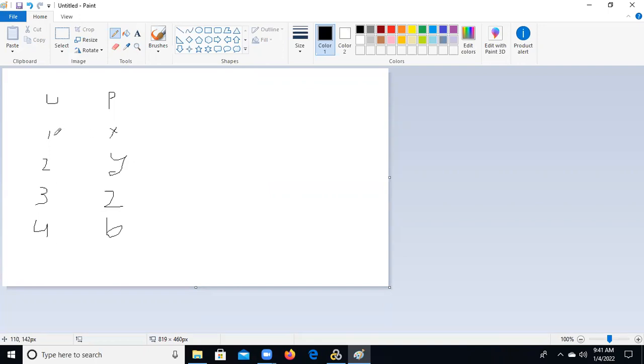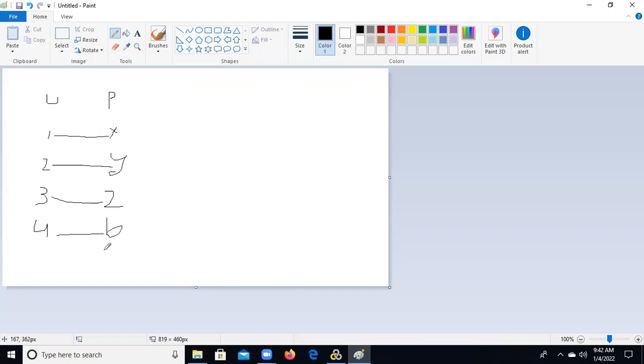For the first user, which value is an unused data point? Every value is unused, so X will be the unused data point. Then X is already used, right? So the second user will not go to X because it is already used data. It will go to the unused data, Y. The third user will go to Z, and the fourth user will pick B. So that is every user picking the first unused data point with unique each iteration.